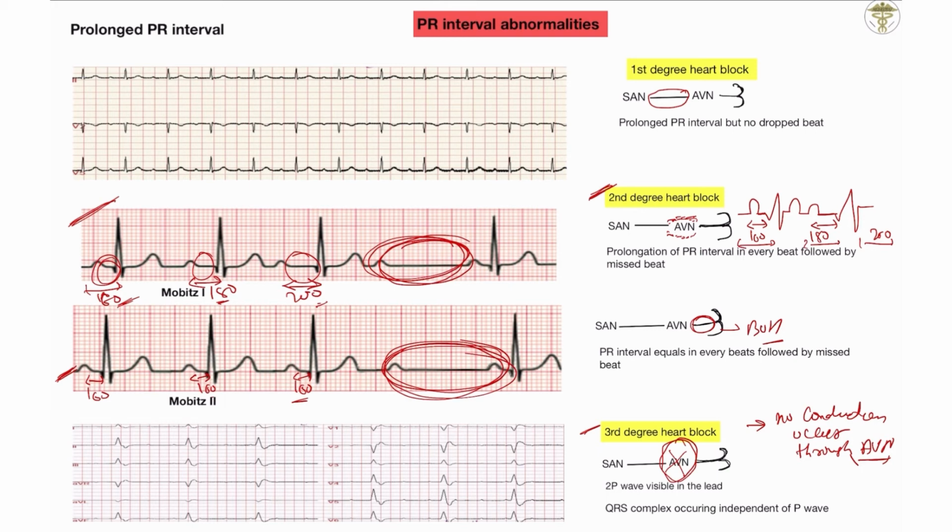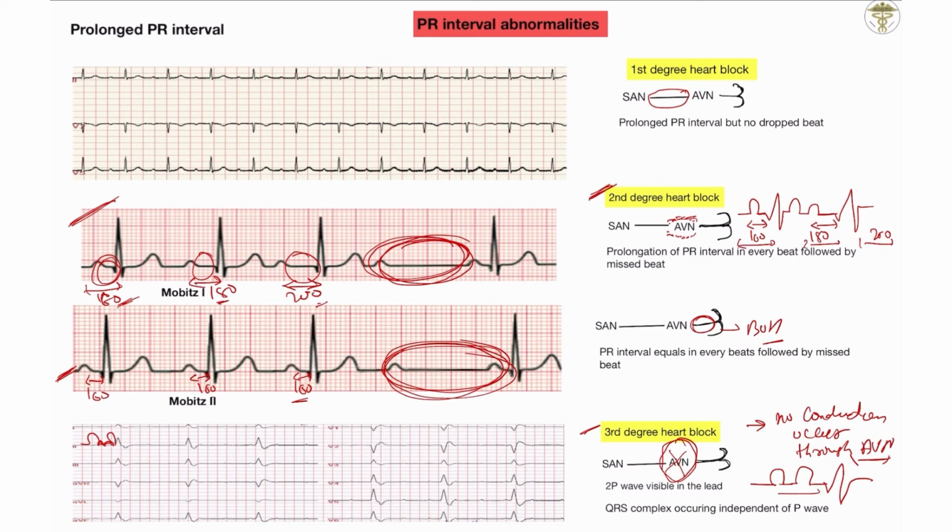In the third degree heart block, in the diagram, it is not very visible here, but you will see on the ECG two P waves visible in the lead. Because it is very small, it is not clearly visible, but you will see two types of P wave, like 1 and 2. Two P wave appearances occur here, one P wave, and after that a second P wave.